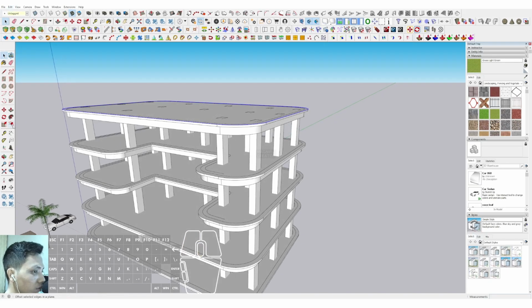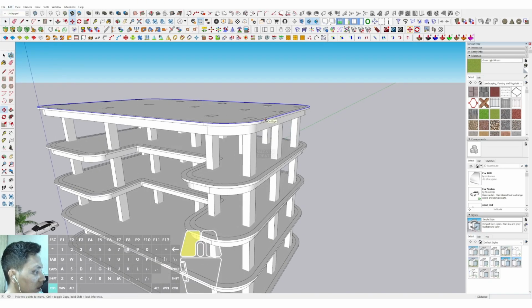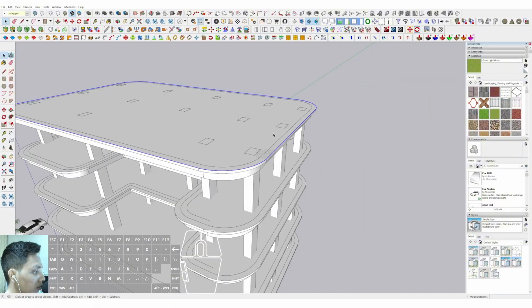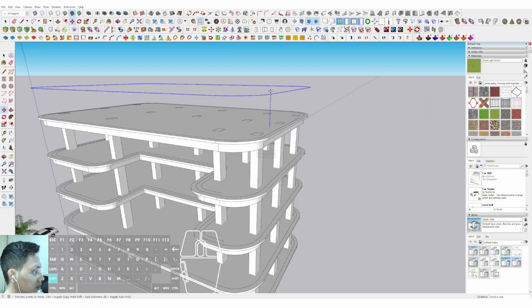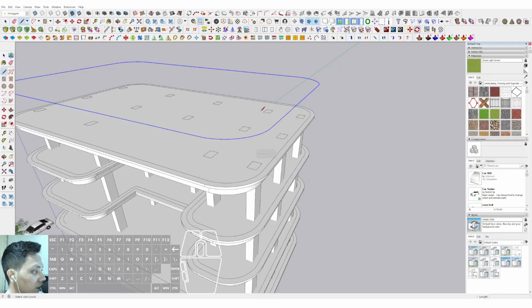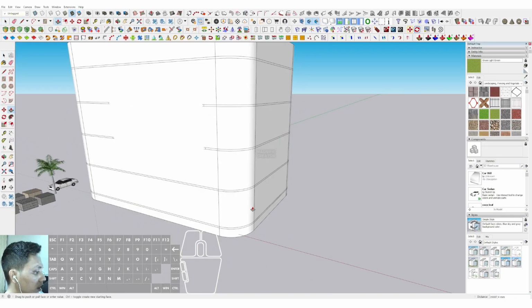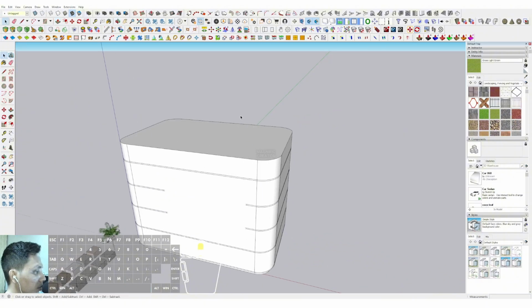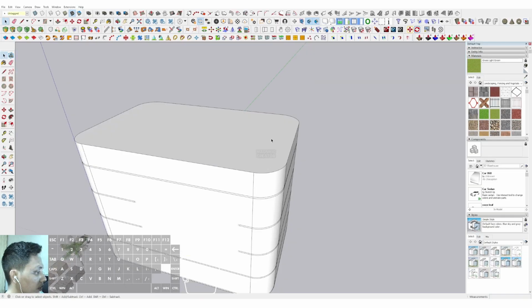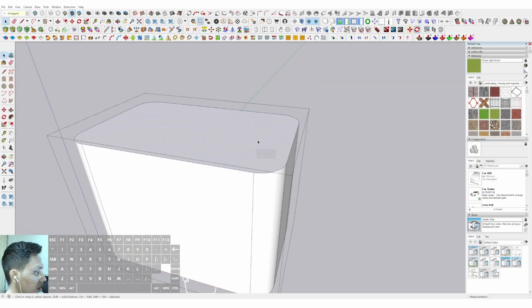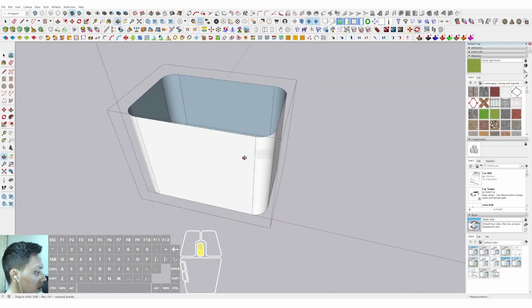Then we can move it up just temporarily, and then we can select the line in here. We can select the line, then we can push it down until that position approximately. Then we can triple click, make group. Okay, then we can erase some unnecessary line over there, and we can select both of these vertical lines,